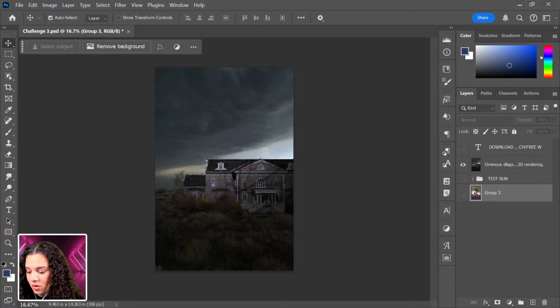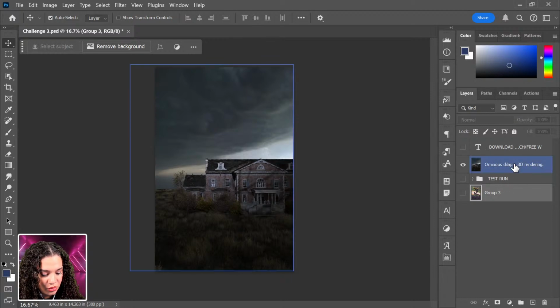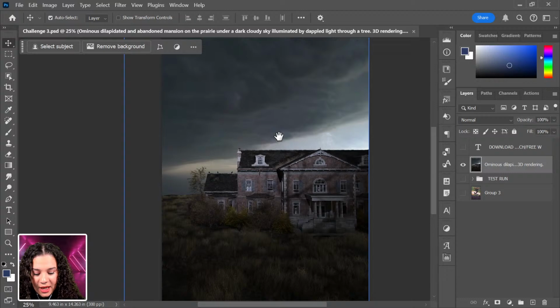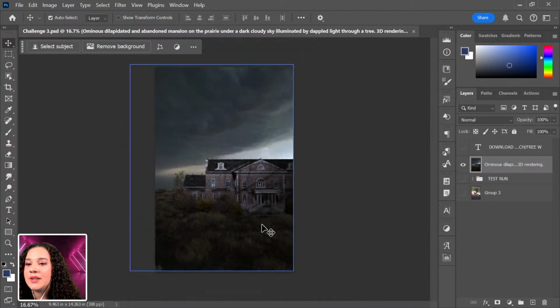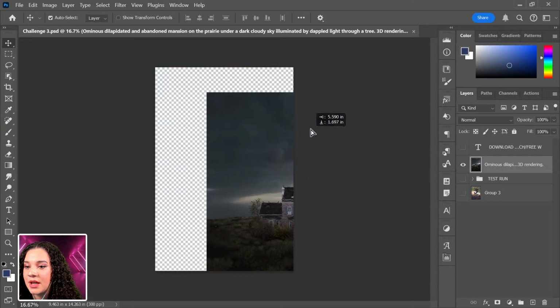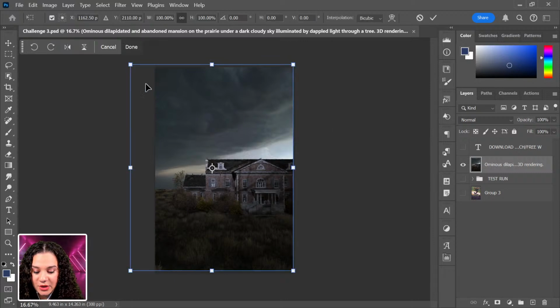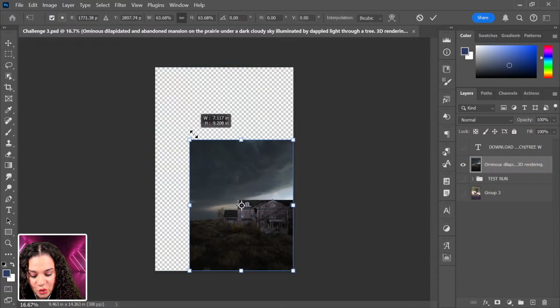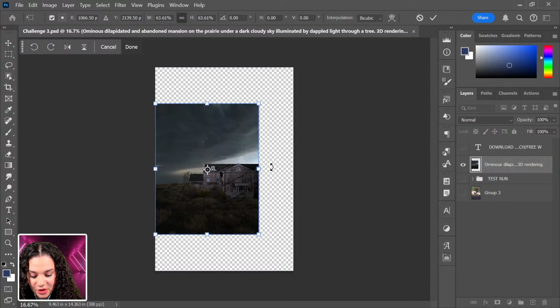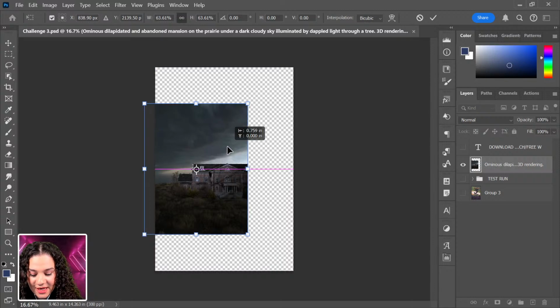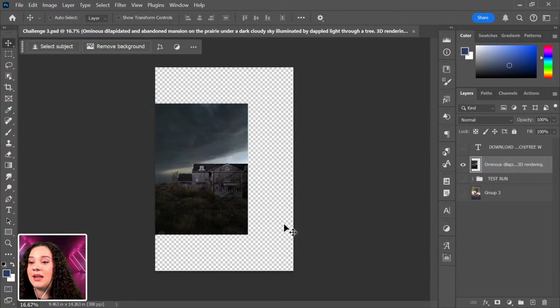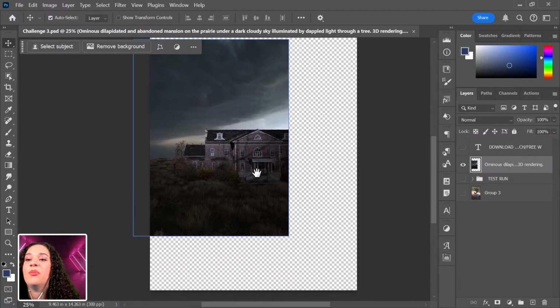Okay, so let's pop over into this. I'm going to kind of zoom in. I've chosen this stock photo because it allows us to use some of our generative features in Photoshop, because really it's just part of this house. So the first thing that we really want to do is start to resize and maneuver this thing, because we do want to add the other portion of the house and build this into something that would look good as a